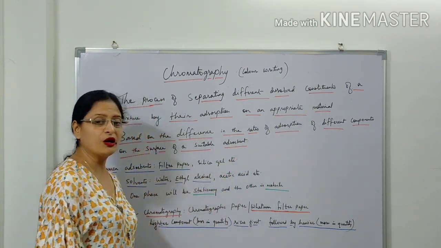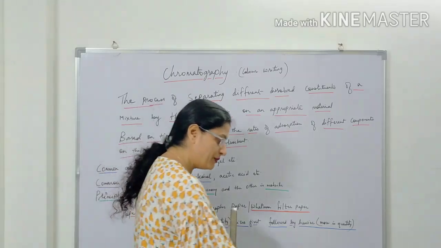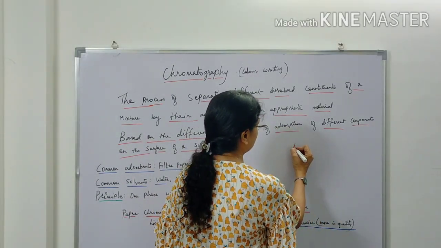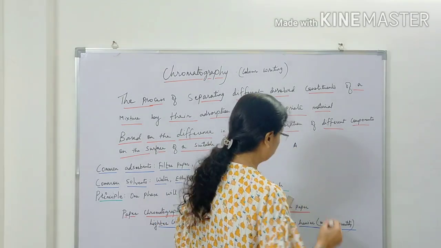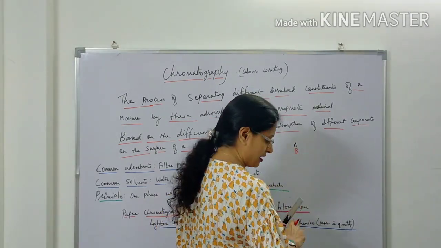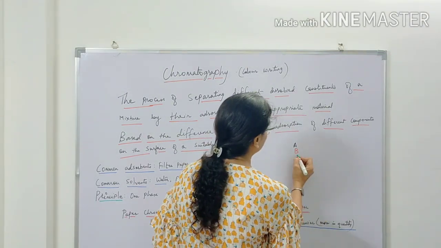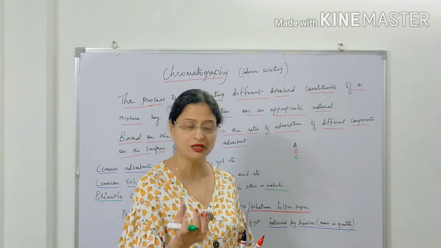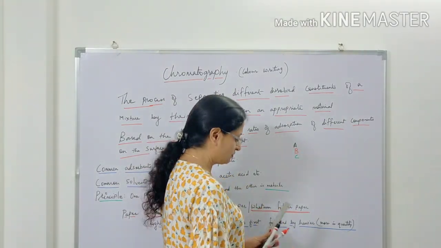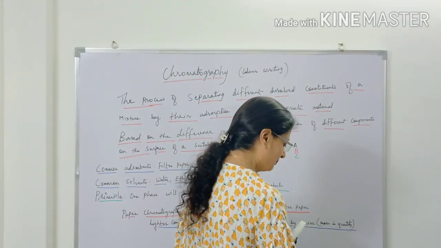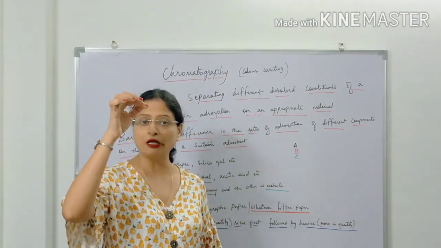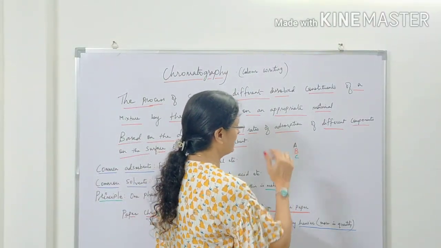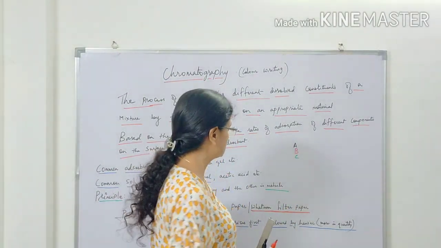Suppose you have different constituents which have to be separated. Suppose there are three components to be separated. Let our three components be A, B and C. Let's assume that these three components A, B and C are of different colors. So we take that mixture containing these three different components of different colors, and we put it on a particular adsorbing material. The material should be capable of adsorbing all three components on it.